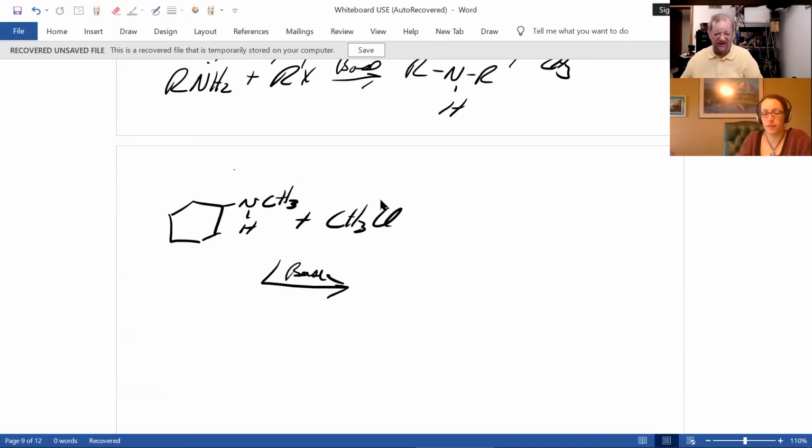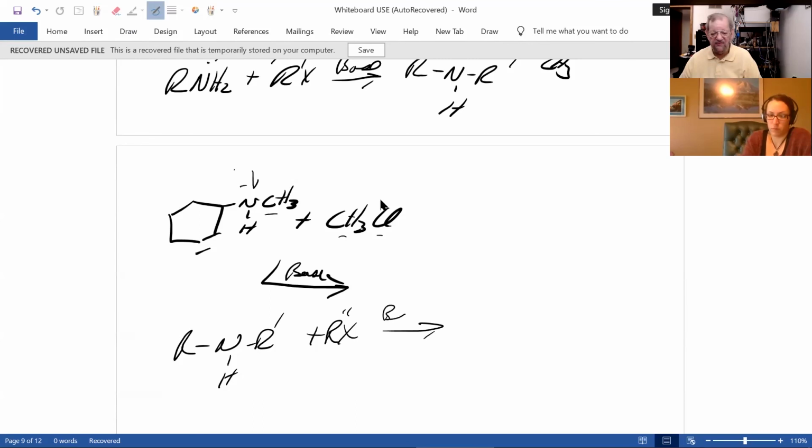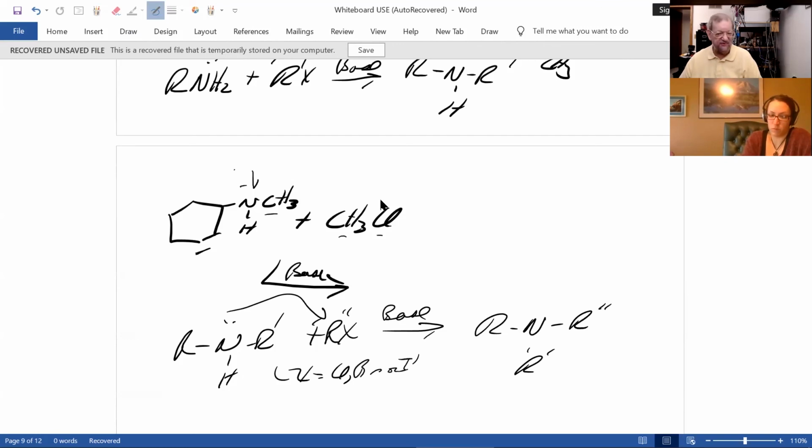All right, let's take a look at this. What do we have here? Ooh, cyclohexane, that's not, ooh, a nitrogen with 2 R groups, a secondary amine. Carbon, ooh, halogen, alkyl halide, in the presence of base. Remember, X here can be, which it is, chlorine, or it could have been bromine or iodine. This attacks that. And you make a tertiary amine.